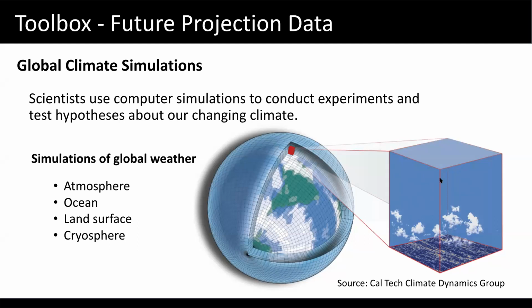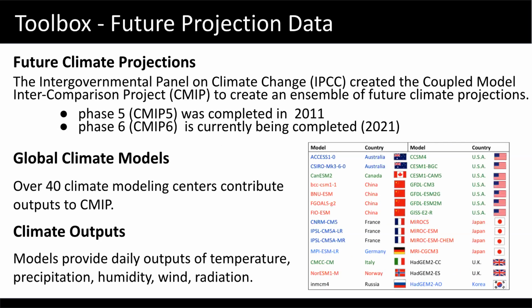There's a lot that science knows here, but there are some things that scientists are still working on, and clouds are technically one of them. But all the global climate modeling centers have code to reflect what we know about the feedbacks and the deterministic climate. So back in 2010,